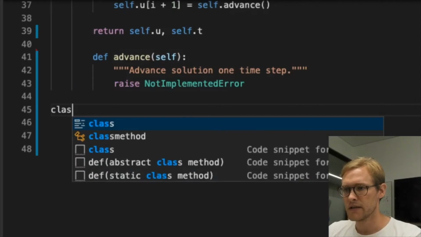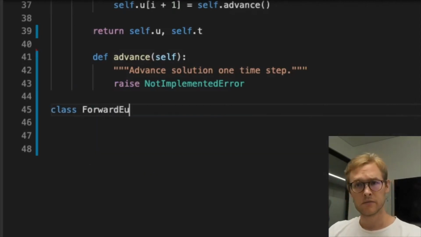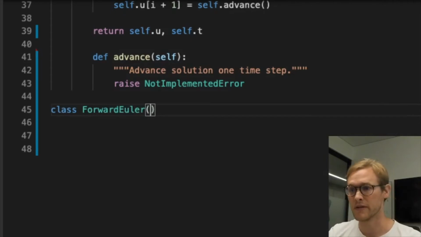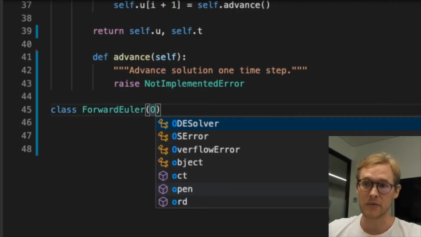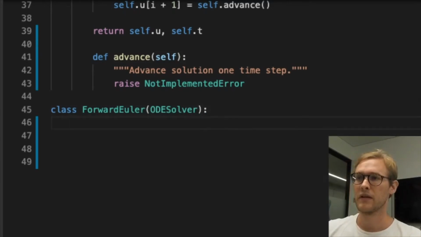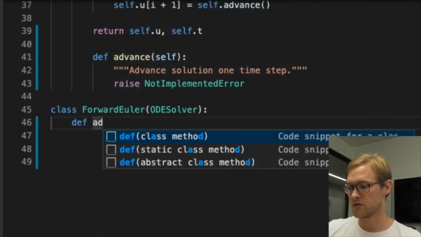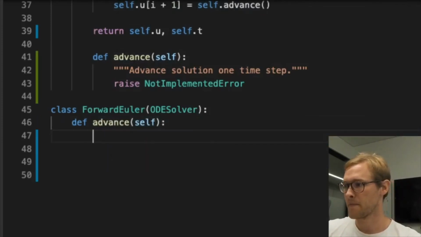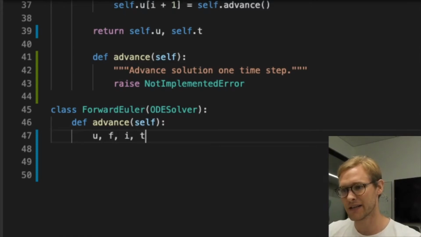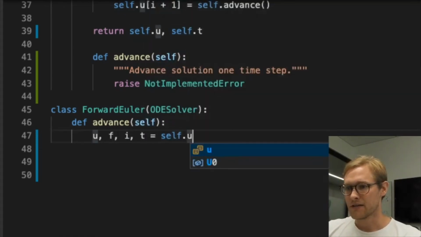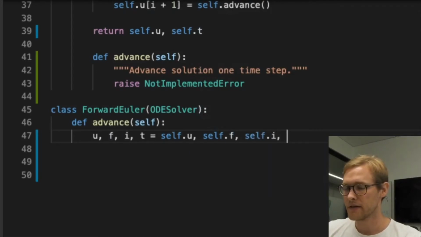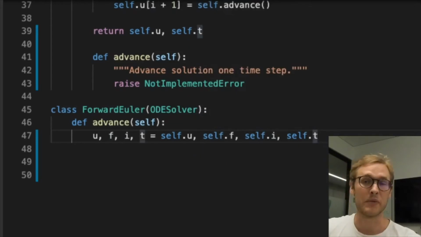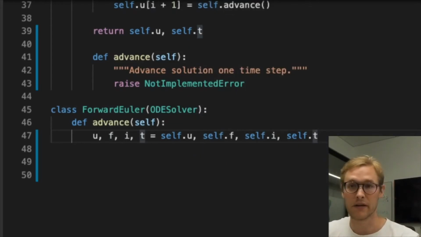So now we can implement another class called ForwardEuler, because we're going to implement the ForwardEuler method. And the ForwardEuler class will inherit from the ODE solver, like so. And the only thing we need to implement is the advance method. So now we have U that we need, and an F, and an I, and a T, self.u, self.f, self.I, and self.t, which will be available to us once the solve method has been called and everything is properly